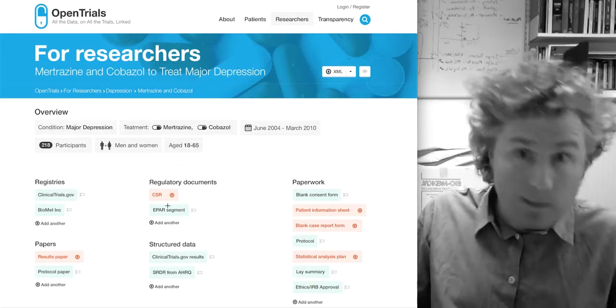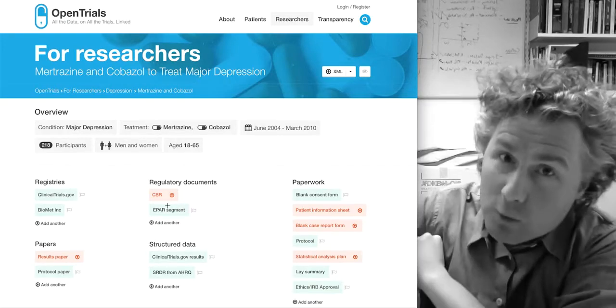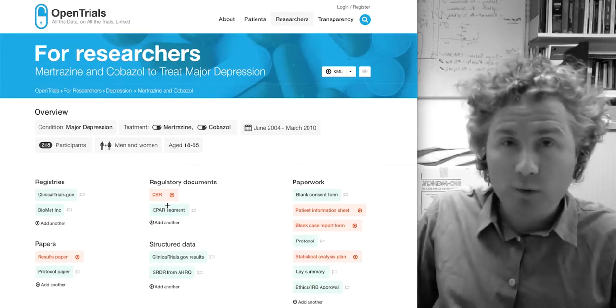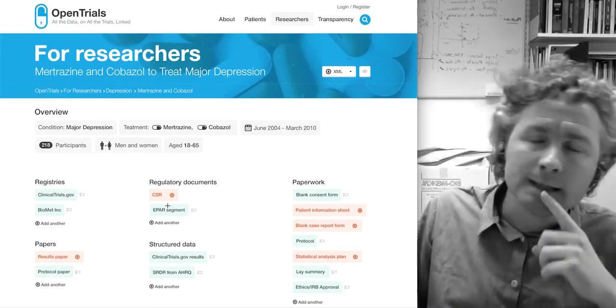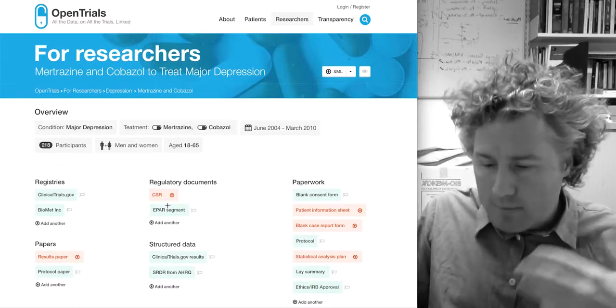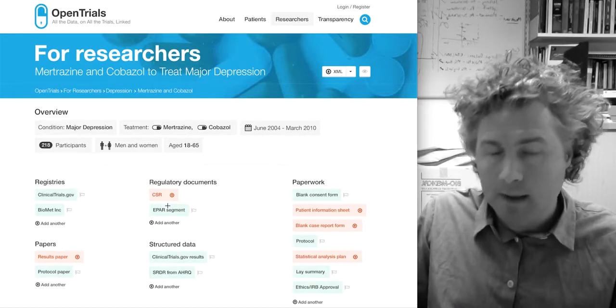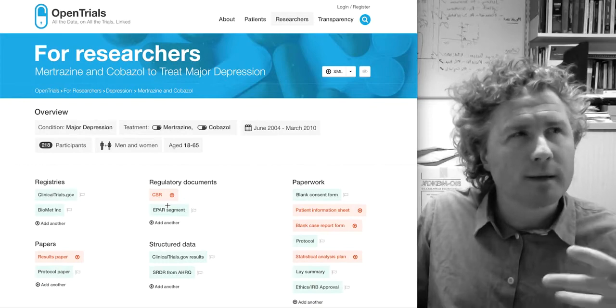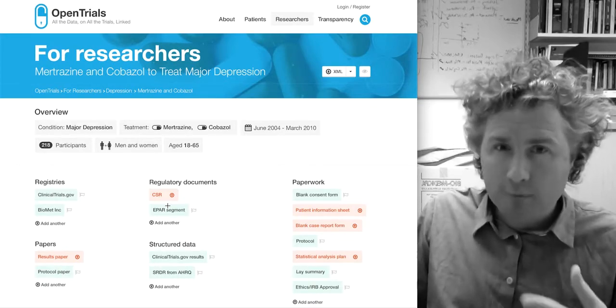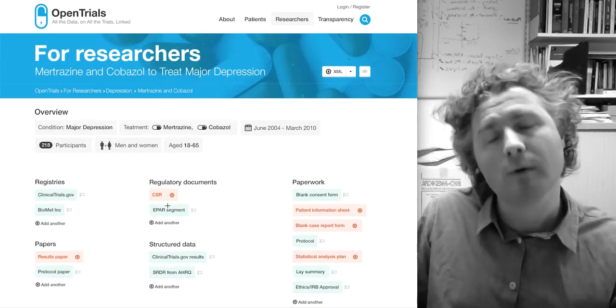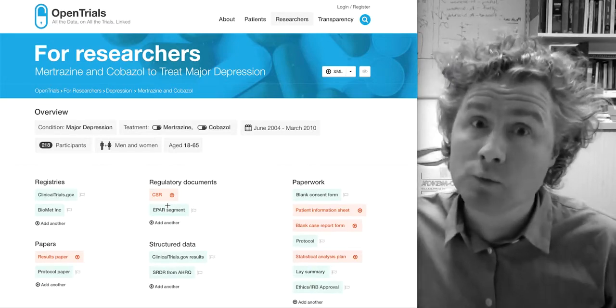So we think we found an EPAR segment by harvesting all of the EPAR documents that we can find. Will the EMA be friendly? Who knows? And that's actually a really interesting and important part of this project. I'm a big believer in open data, and that means not just that things are available at all, but also that they're available in sensible structured formats where they can be matched, merged, processed, reused and put to greater good.